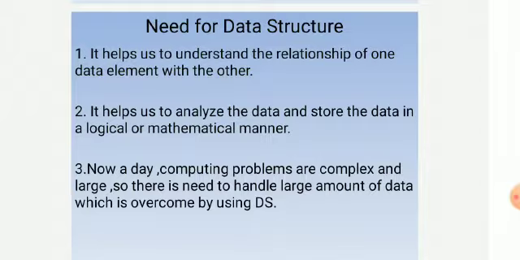For example, you want to find out the addition of two numbers. So two inputs are required, and on those two inputs you are performing an operation. Which operation are you going to perform? Addition operation. Because of that addition operator, there is a relationship between one number and the second number.